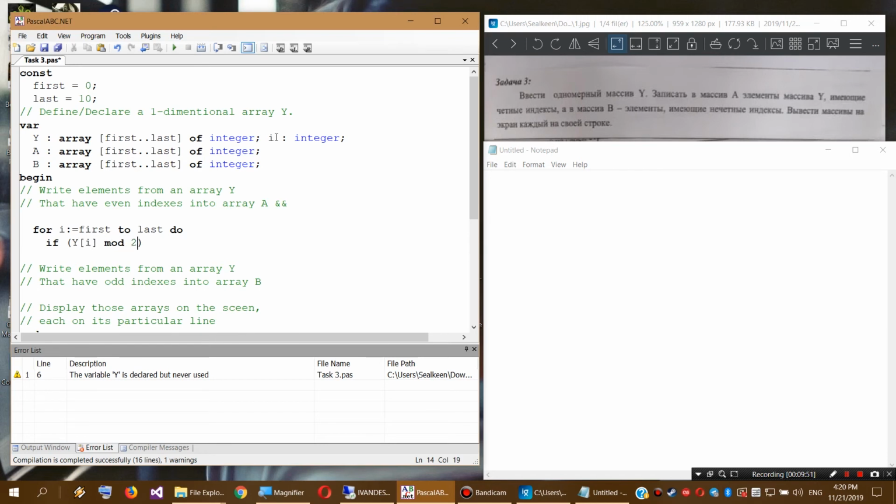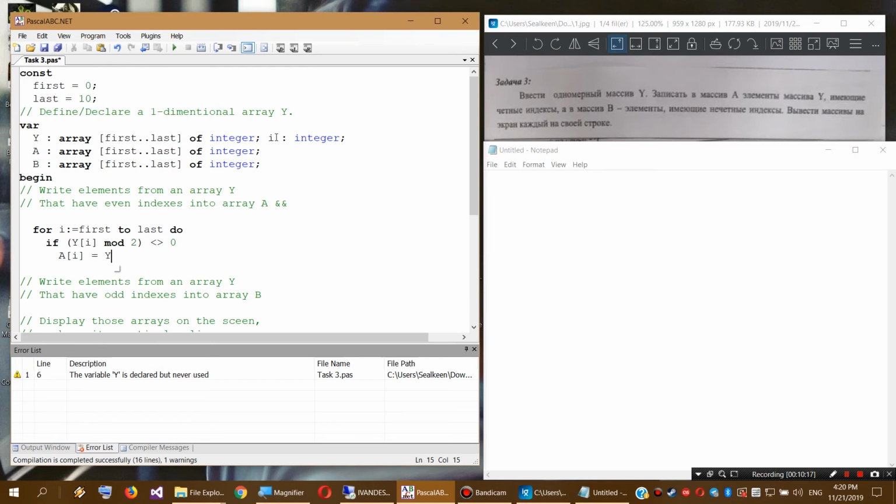We need the even elements. So this is the remainder after division. Equals to 1 or not equals to 0, then an array A, the same index we use, equals this element